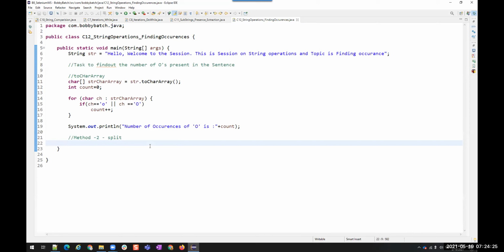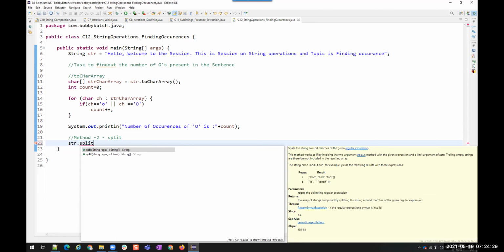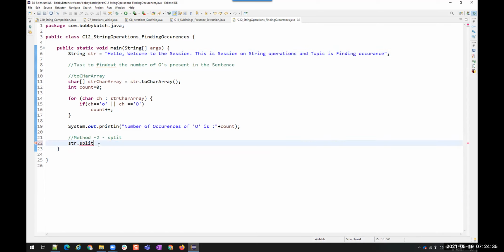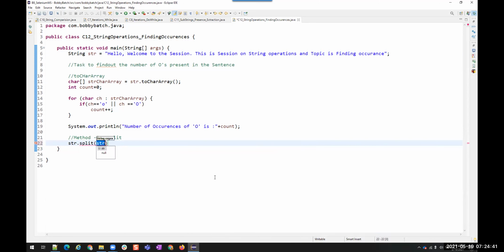Now I'm going to do str dot split. Again, I'm finding the number of occurrences. This time I'll find the number of I's, because sometimes I use capital S and sometimes small s, so there will be confusion.